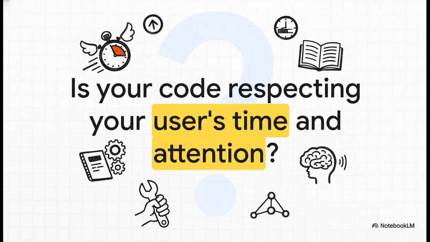And that really brings us to the final question, the big one. Because when you get right down to it, optimizing your UI isn't just about making numbers go down on a benchmark. It's about craftsmanship. It's a fundamental sign of respect for the person on the other end of the screen. It's about respecting their time, their patience, and their attention. So take a hard look at your code and ask yourself, is it